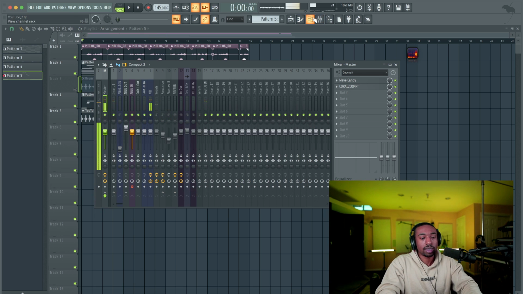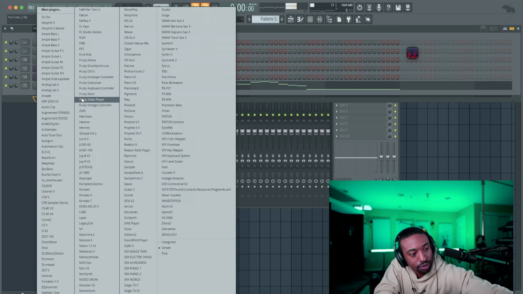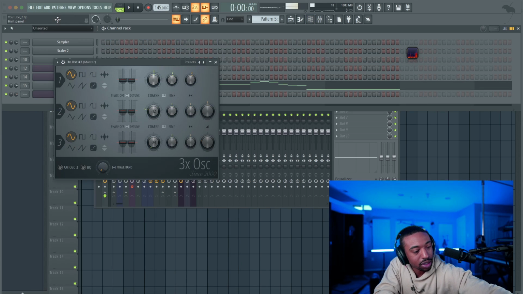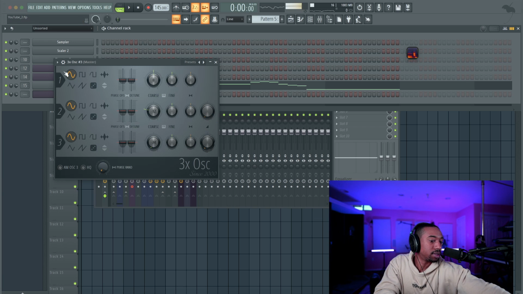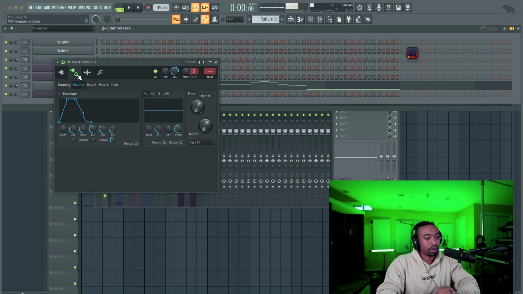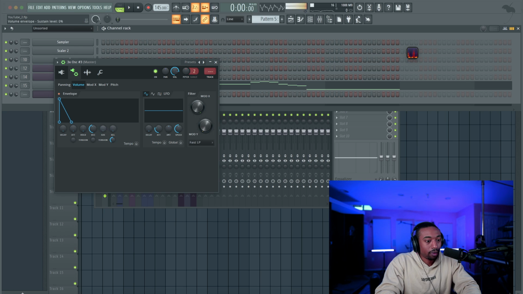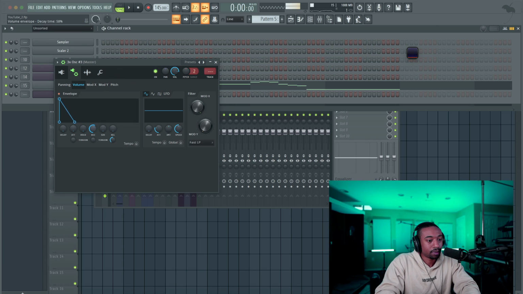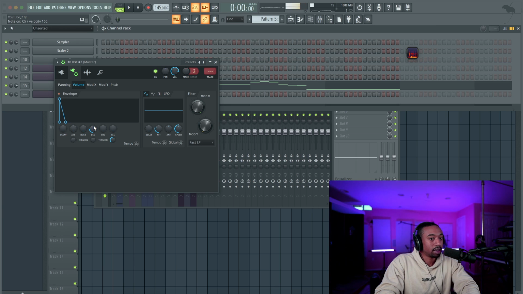Okay, so let me show you what that sounds like. Just before even understanding compression, let me show you what it sounds like using sound design. So what compression is doing in this case is making the sound snappier. So here's what it's doing to the volume of the sound. Before the compressor, the sound just is doing its thing. It's like this. Now as I'm adding compression, it's making the drums snappier.